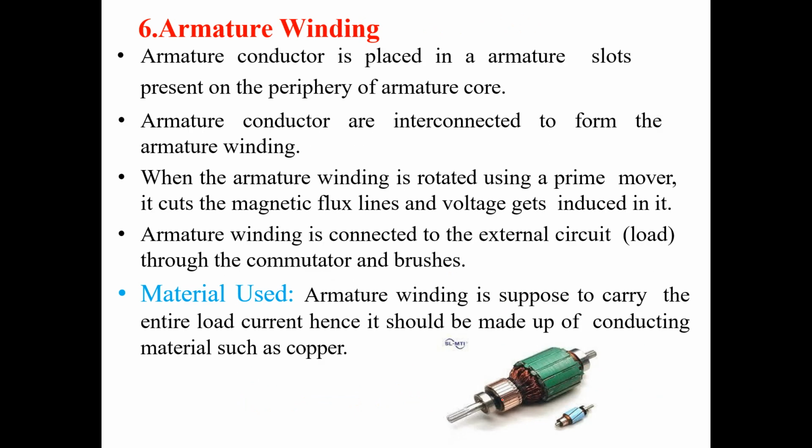Then the armature winding. That means these are the windings. This winding is in a distributed form. Distributed means, for example, we take one slot, two slots, third slot, and so on. We have such a type of armature. Distributed means we put one winding here and it comes out here. The second winding comes out here. The third winding comes out at a later stage.